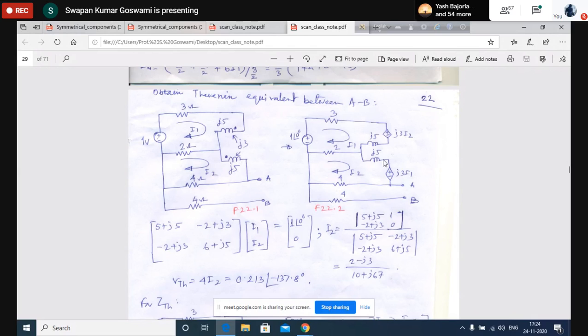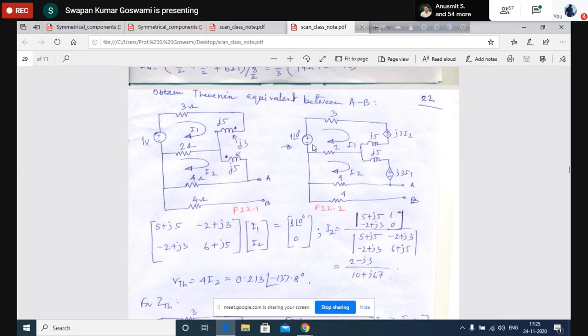J3I2. Similarly, for this inductor, J5I2 is the mutually induced EMF here, with a positive polarity here, negative here, because of the direction of I2. Now, because of the current I1 flowing here, an EMF will be induced, and that will be in the additive mode. So plus minus here, and the value will be J3I1. Okay, so once you know the